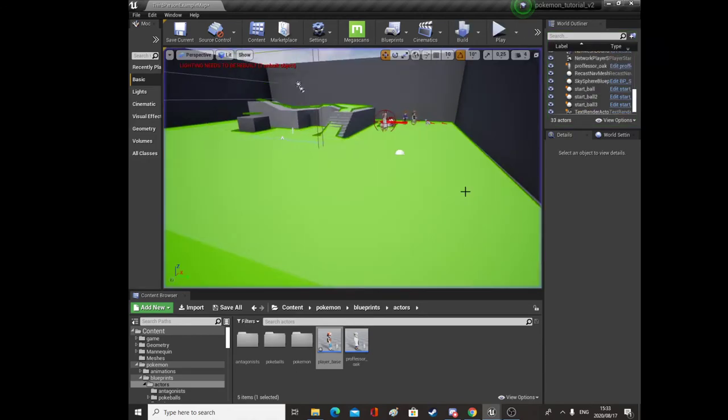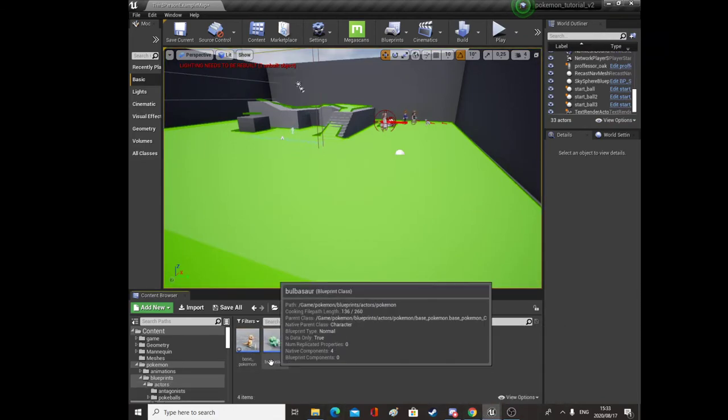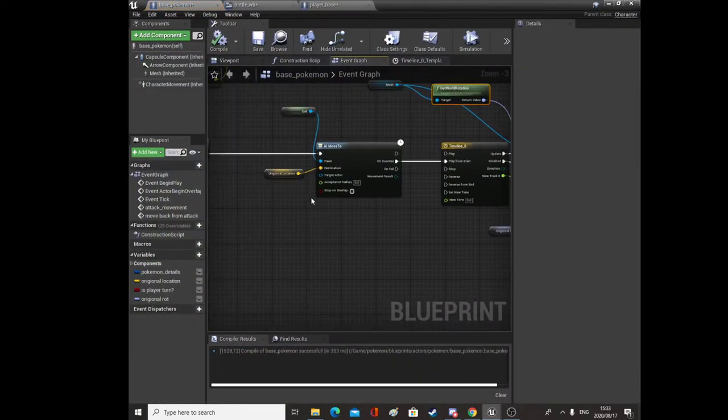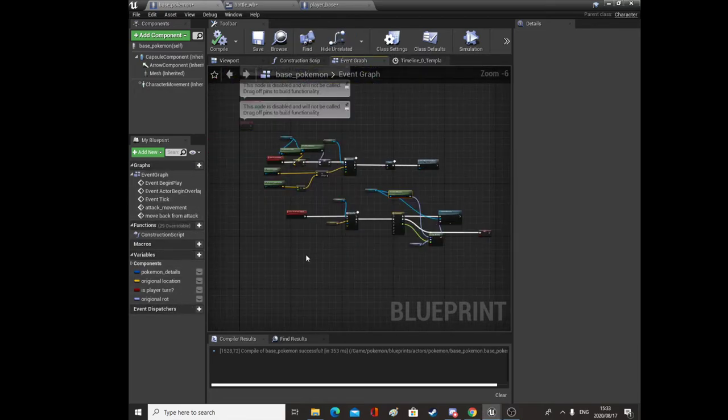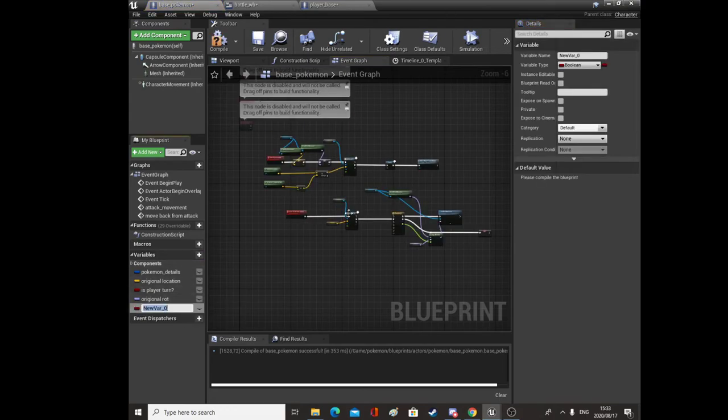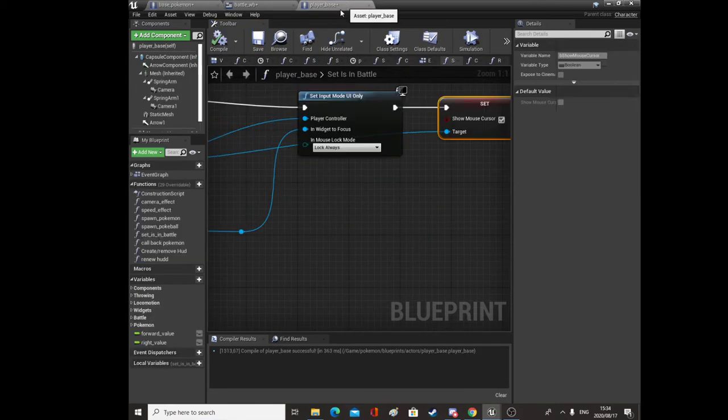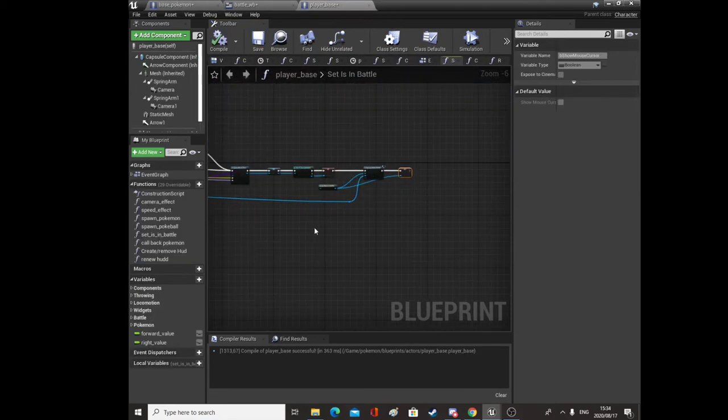Alright. So, what we're going to do is on Blue's Pokemon, base Pokemon, is player owned. We need to set these Pokemon to being player owned or not, so we'll add a variable of type boolean, and we'll call this player owned. Okay, sorry about the capitals, but that sort of works in my favor a little bit. Okay, so player base,